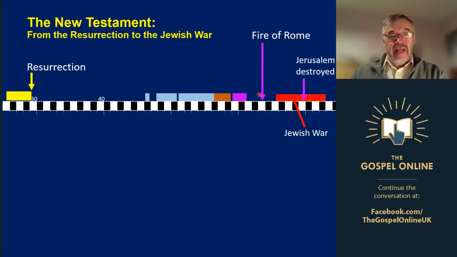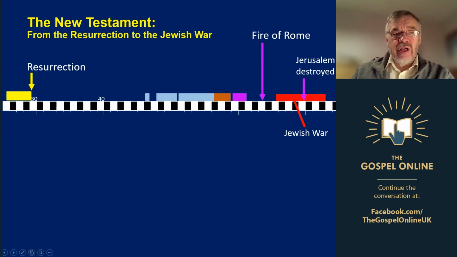It's probably written then. We've got a period when he was probably at large again and went on another journey in the Aegean, and is probably back in prison at the end of that period, and he's probably killed in Nero's persecution. Some people think he escaped and went to Spain and then was arrested later on. But we have a framework for the chronology of the New Testament.